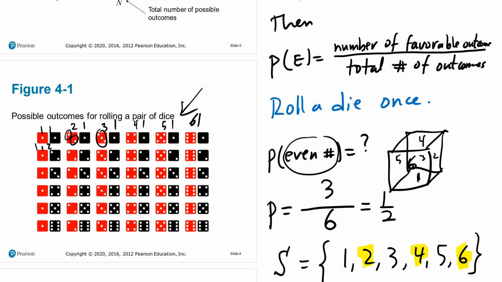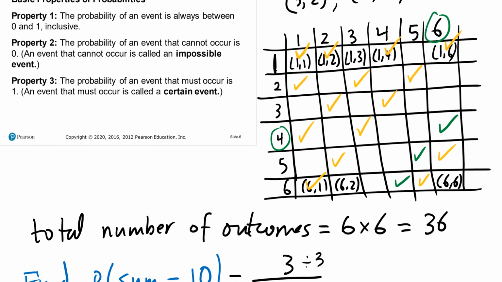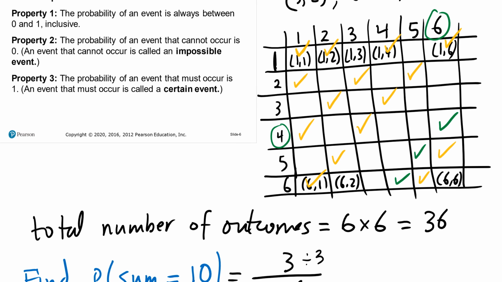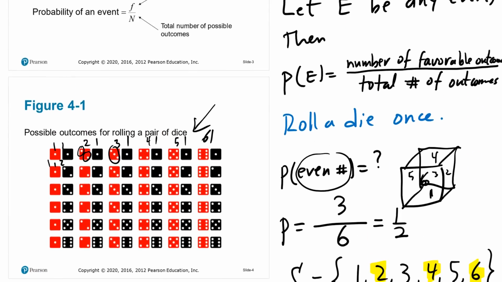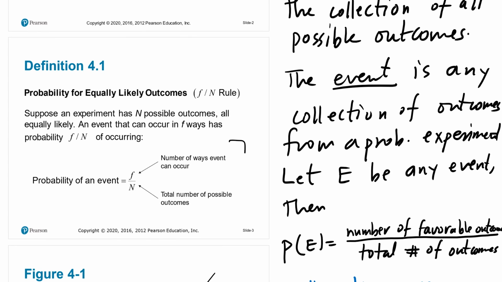But instead of drawing it this way, I put it on this table here. So that's the same thing. And here they talk about probabilities having to be between 0 and 1 inclusive, impossible events, and certain events. That's what this is about. And this is the main definition of a probability. What is a probability about? Any questions about this?